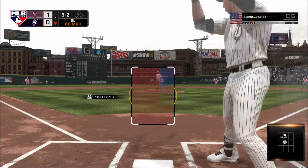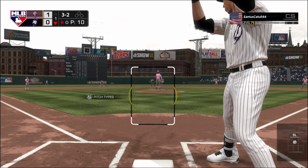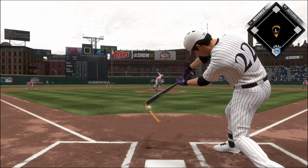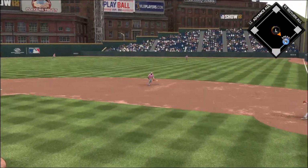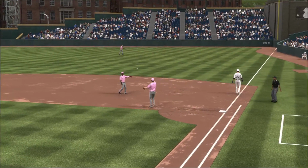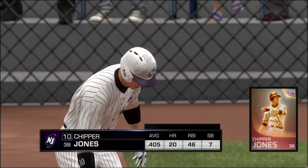That's in there, and it'll run the count to full. 3-2. Oh, that's for sure going to be a pitch he wants back. You're not going to get many balls right in the wheelhouse from a top-level arm like this. Albies scoops it up. Throw just in time as they get him by an eyelash. At the plate,